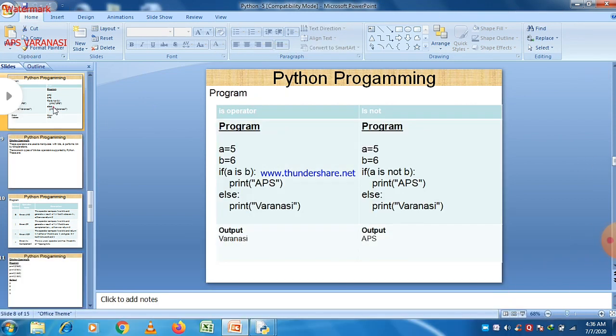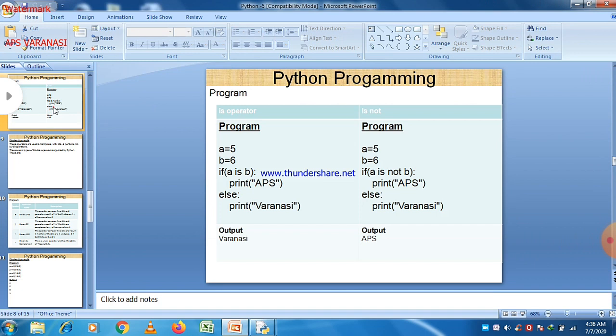This is a program related to our previous lecture, in which we can see there are two values, a equals 5 and b equals 6, and a condition based on an if statement. These are the conditional statements, if else. If the condition is true, then the statement related to if will run, otherwise else will be executed.